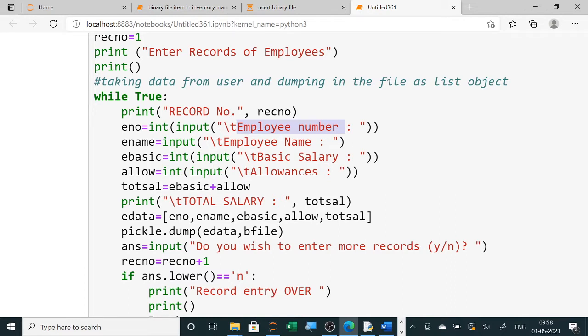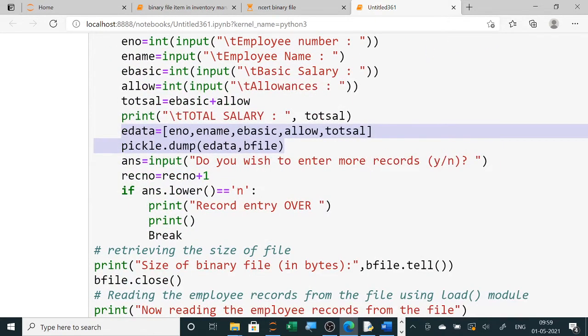Instead of showing it directly, you can store it in a list and dump it in the file. Normally in our project, we are simply storing in a list and dumping in the file. So these two lines are very important. Whichever data you want to write in your file, that data directly, or the variables which have the data, you will write here. Then pickle.dump: which data you are writing and the file handler, the file object. Any variable you can write here.